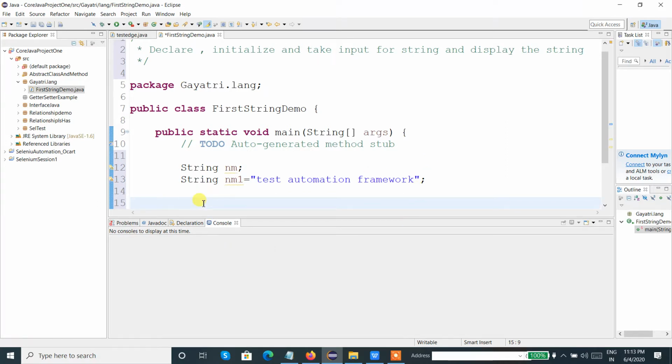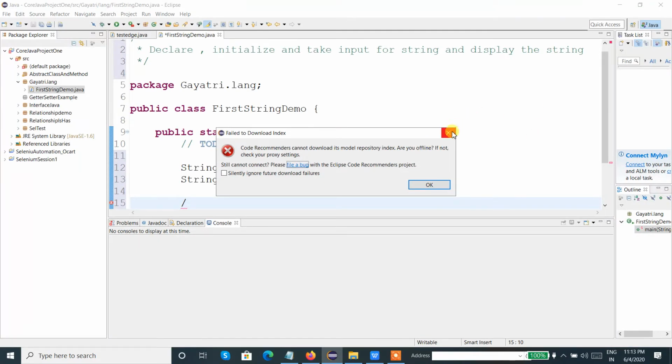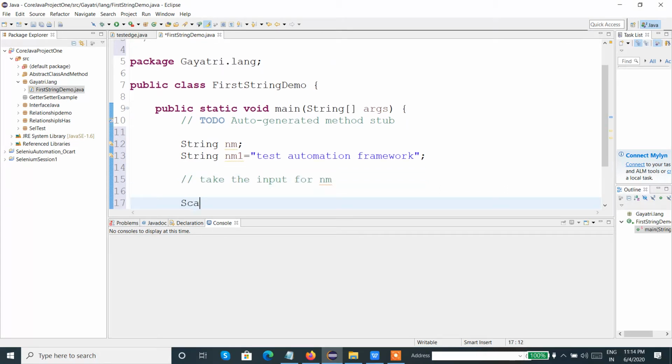For that reason we need to use the Scanner class. So let's say we take the input for nm. How can I take the input for nm?